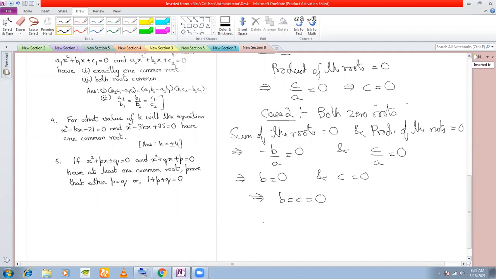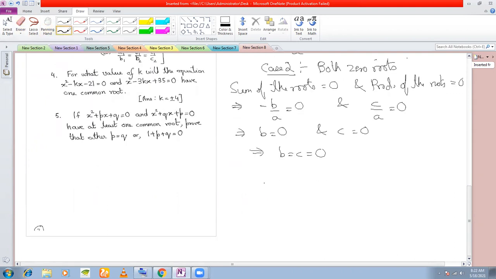So for example again, for a quadratic like this, 5x square is equal to 0, where b and c are both 0. You'll get both 0 roots, isn't it? x is equal to 0, 0. Yes, sir. That is what the first case was, 0 roots. Next is infinite roots. Okay, now you know that alpha and beta are the roots of